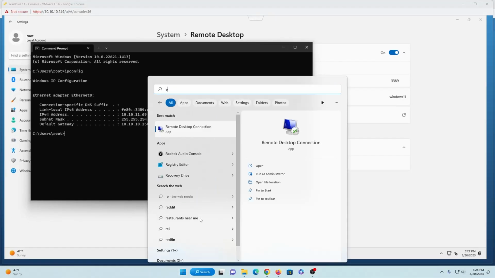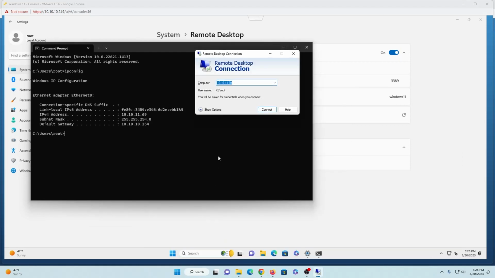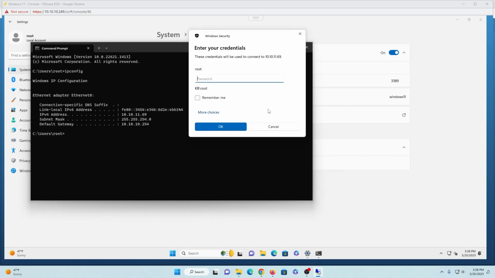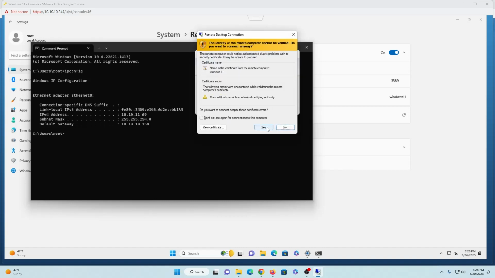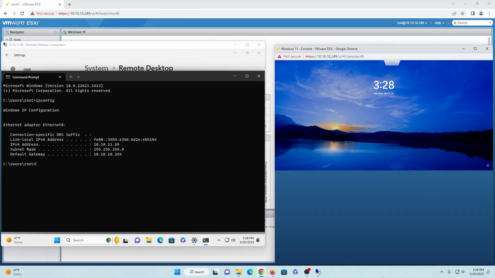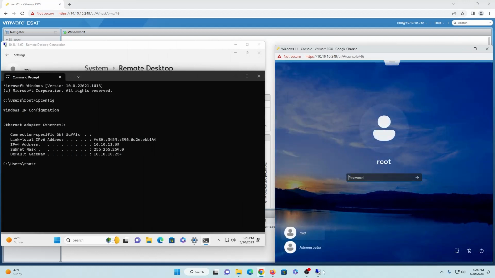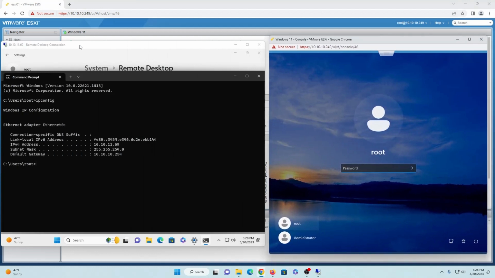application on our other computer that we are accessing this one from remotely. We will enter that IP address, click on Connect. It's going to prompt us for a username and password. We will go ahead and enter that. Click Yes on the certificate warning that pops up. As you can see, the desktop was signed out on the other computer, but now we have access to it